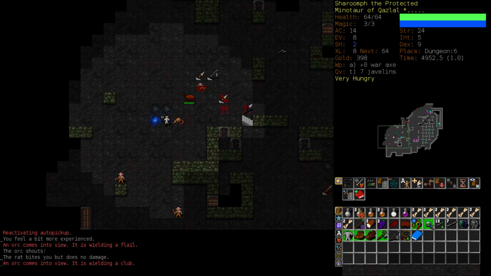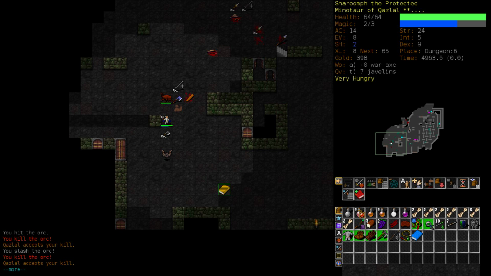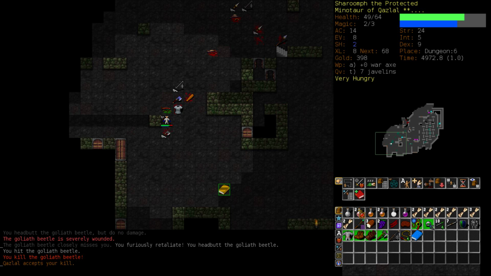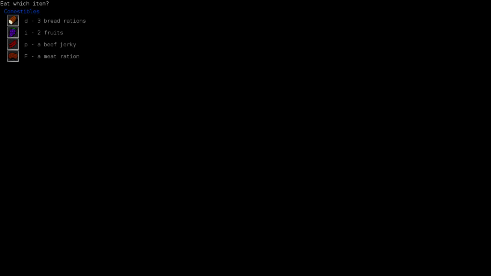So this has been kind of a risky kiting thing that we're doing here. Ooh, a ruined hand axe could conceivably be better than what we're using. Not likely. Okay, see there, we got to have our cake and, well, not eat it too. It's poisoned meat, but